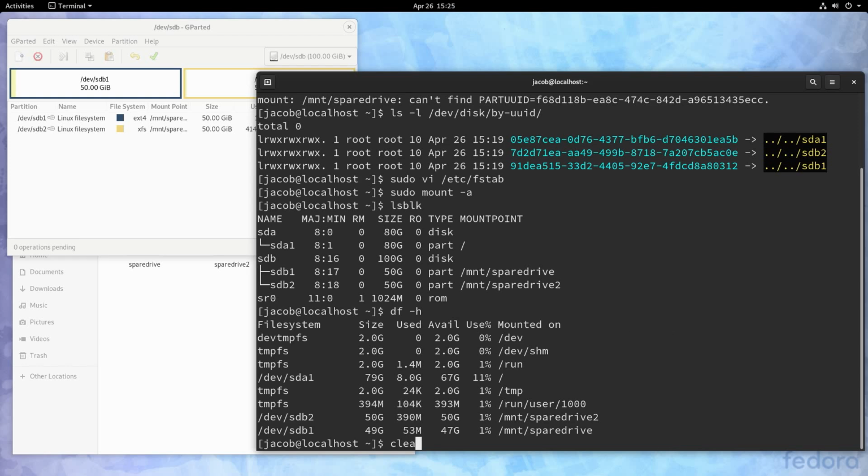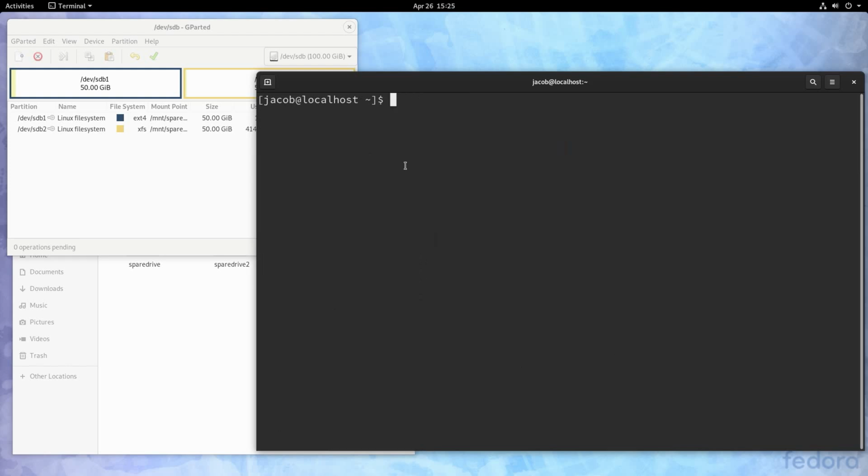So just to make sure that we're all well-rounded here, I'm going to show you how to do the exact same thing in Parted. So first I'm going to unmount the partitions that we have already created. Because we're about to destroy them, I want to unmount them first. So we're going to do sudo umount /dev/sdb, and then I'm going to put an opening bracket 1, 2, closing bracket. So this is going to unmount sdb1 and sdb2.